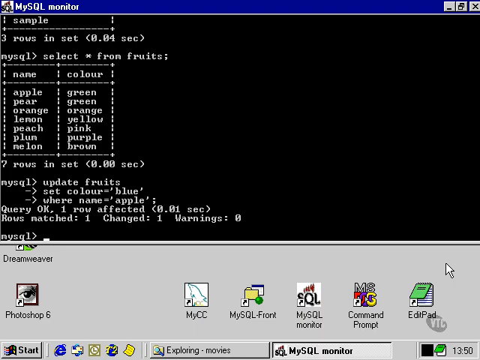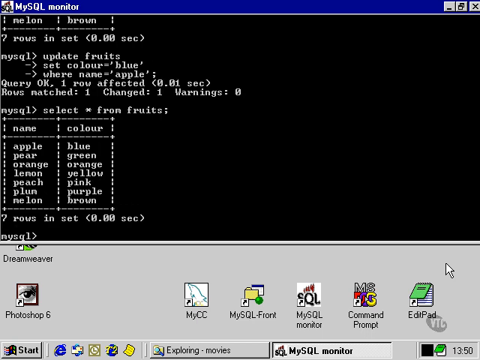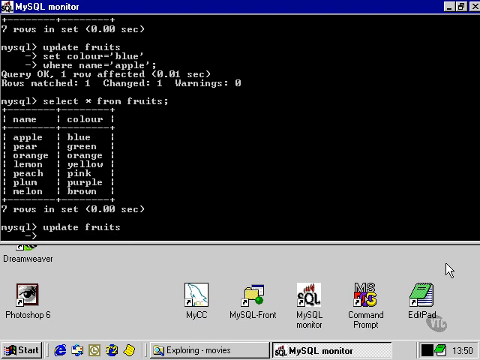The query went through, so let's use our select statement to view the data again. As we can see, the apple's color has been changed from green to blue. Now we can also use the update statement in a similar way,